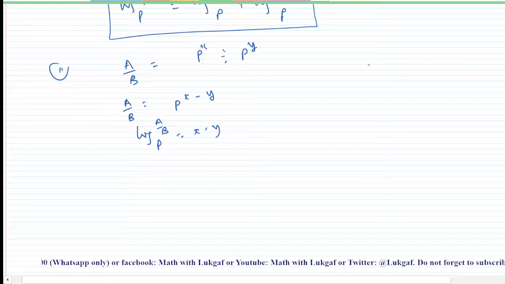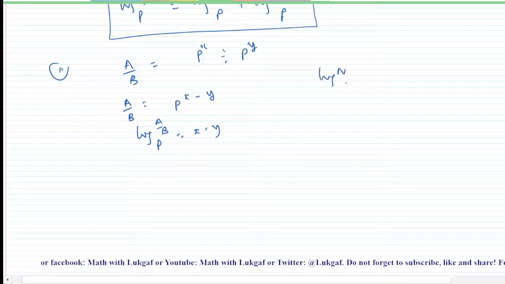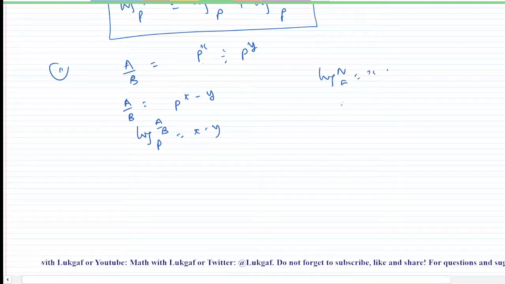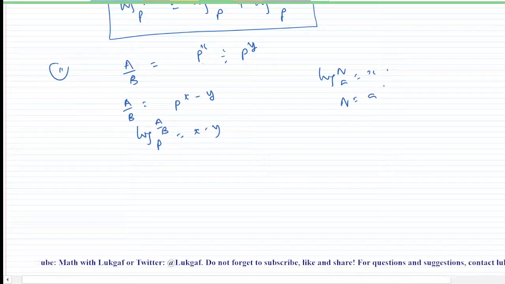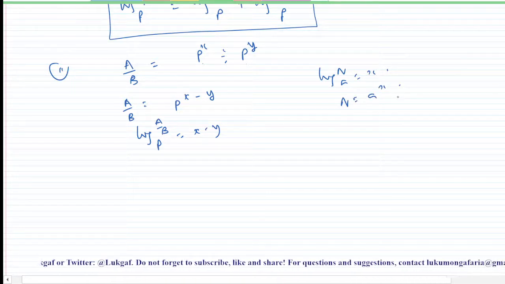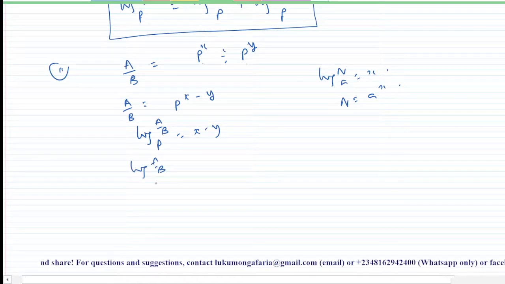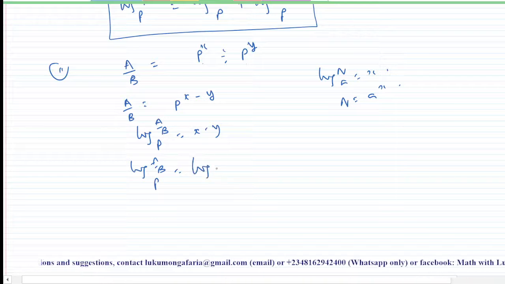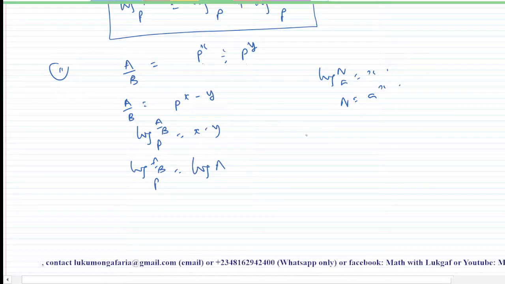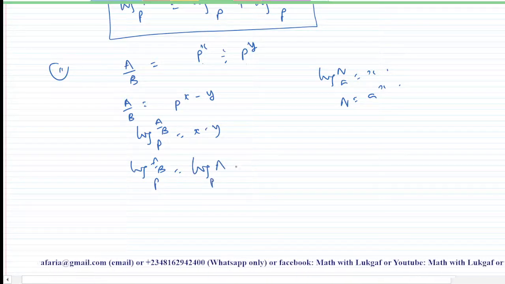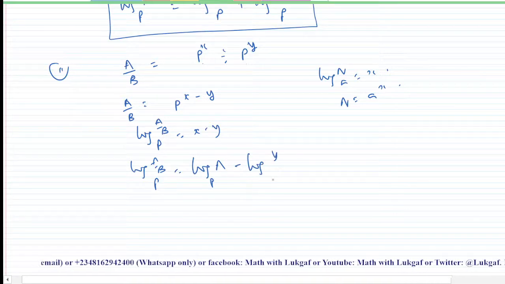How do we obtain this? Don't forget, when you have your log n base A equals x, then you are going to have that your n is equal to A raised to power x. That's how we obtain this here. So, and from the above, don't forget your x is what? So your x is log A, you understand now? Base P minus log B base P.